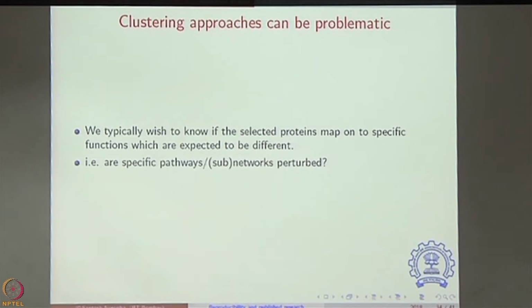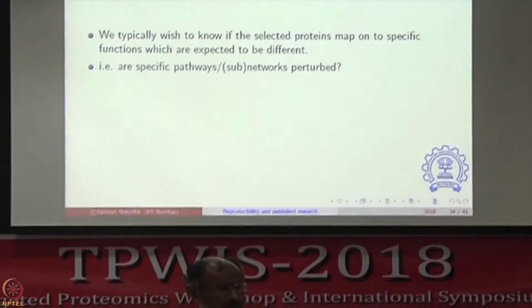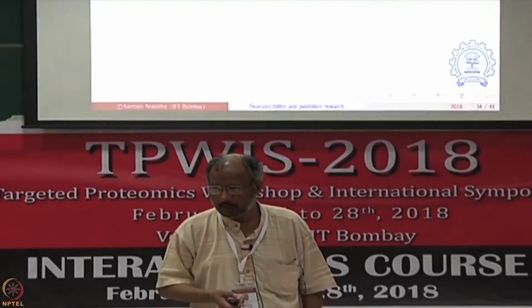Now, trying to find patterns in multivariate data sets can be problematic for many reasons. For example, go back to this omics question: you have carried out an experiment, control versus test case, and you are looking for fold change. You would normally have asked the question, to what extent has something been upregulated or downregulated? If something is upregulated on a log scale beyond, let's say, twofold, that's got to be significant for you. So you're going to make that kind of an argument.